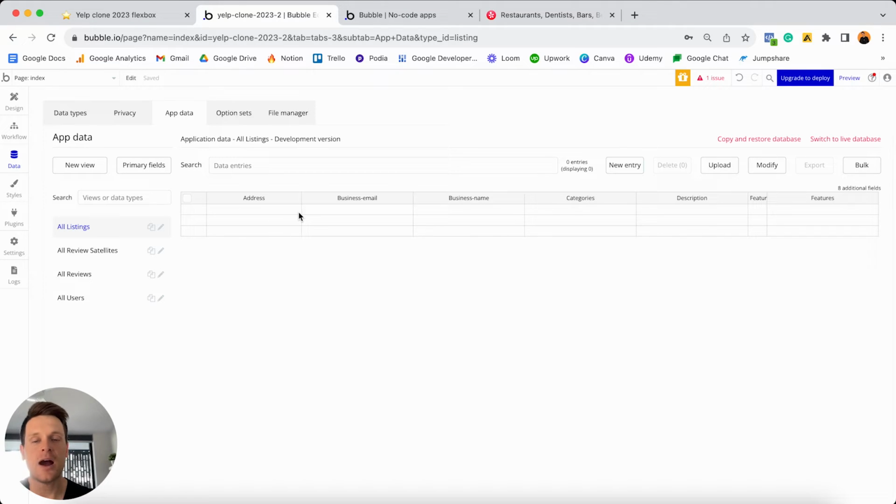Now, currently I have nothing because of course we haven't built out the feature to create a listing. But later on throughout our tutorial, I'll show you how you can manually make changes to each listing. So that way you as the admin can determine which listings should be featured and which listings should not. But let's say if you wanted to feature 3 listings at any given point in time,